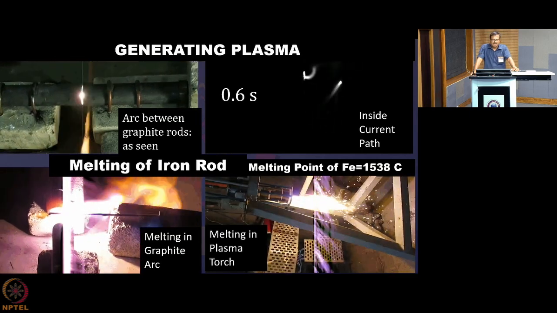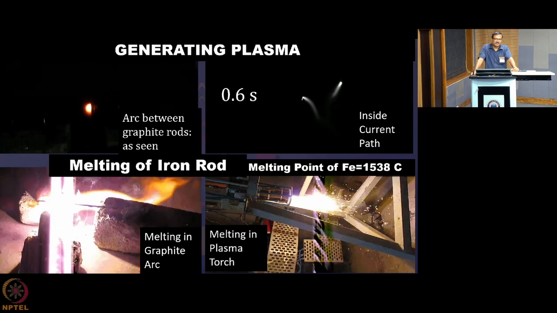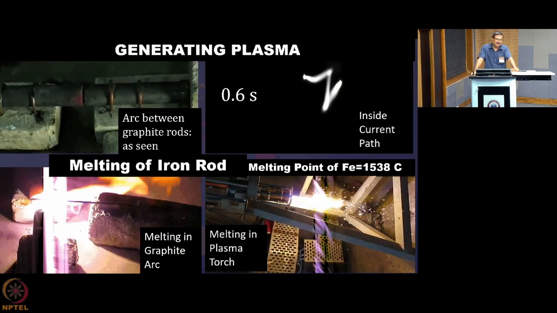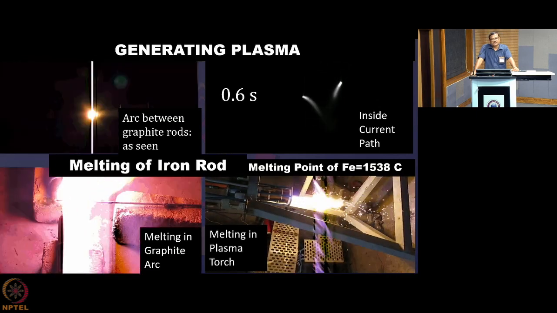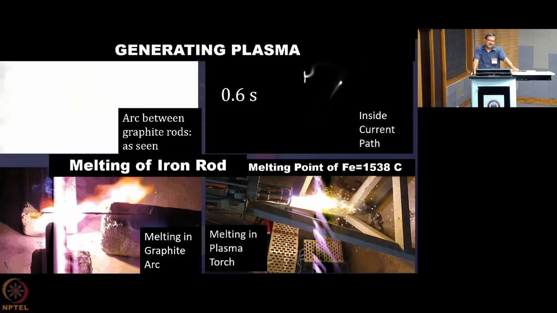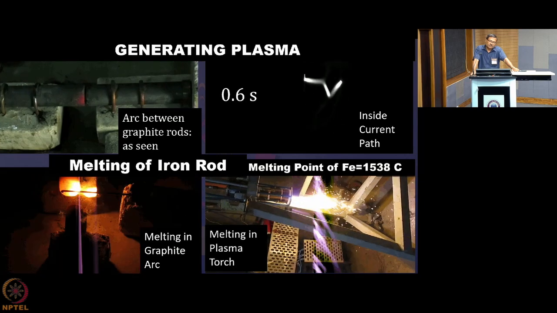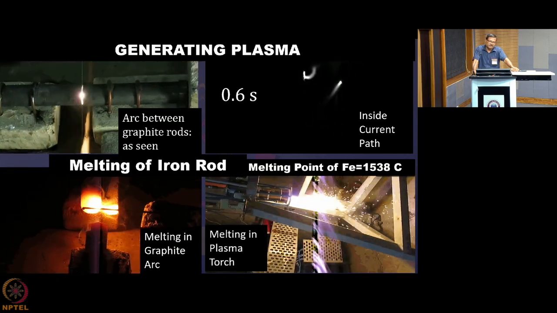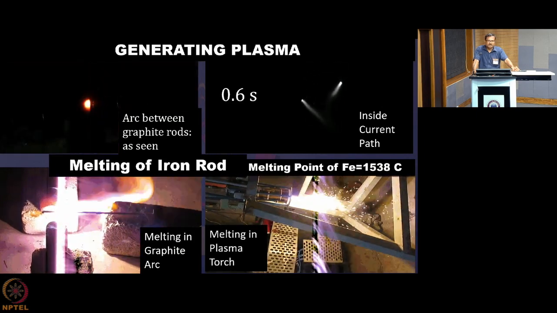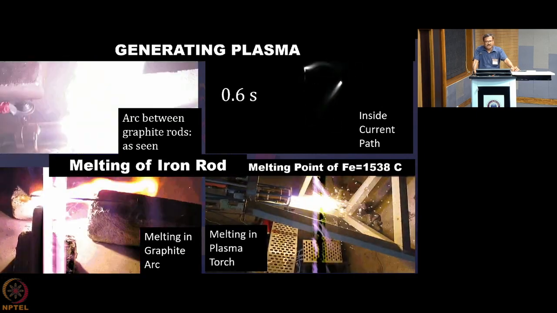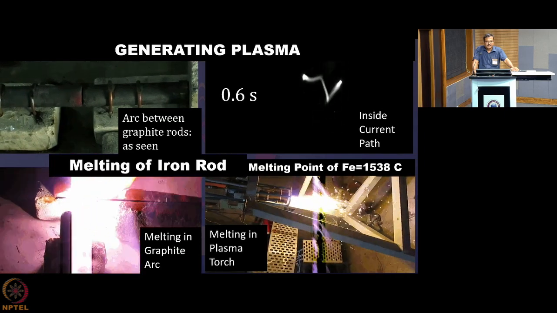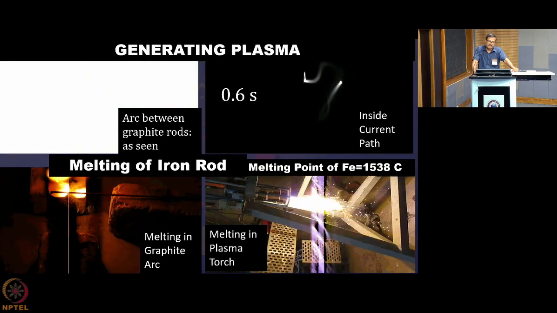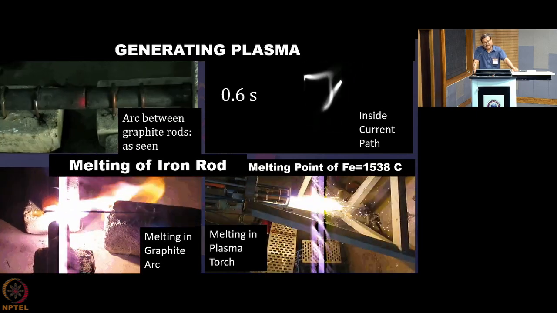The moment we touch and take them out, a huge arc, or you can say a flash, is created, and a plume comes out from that region. So when we touch two graphite rods and take them out, a huge plume appears in the atmospheric air, and it doesn't sustain for long and disappears. Other than that, we are seeing nothing.